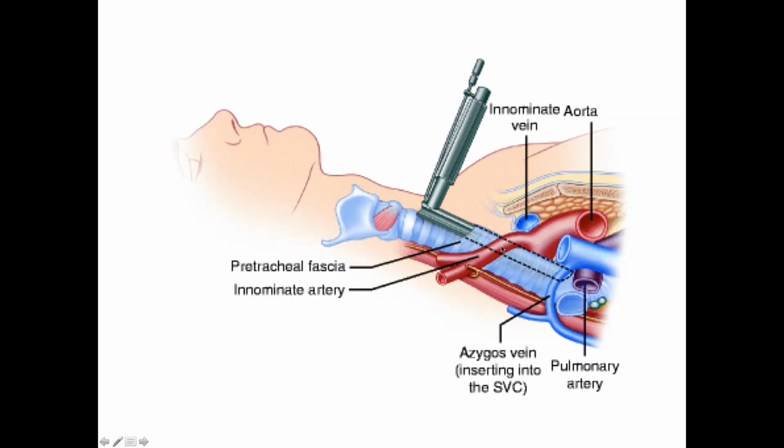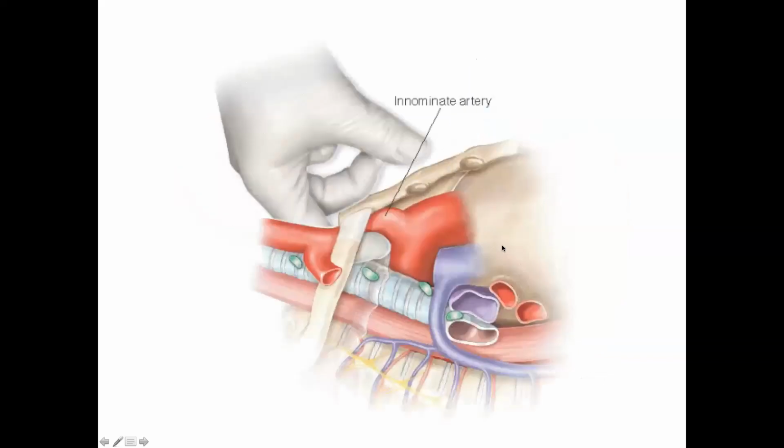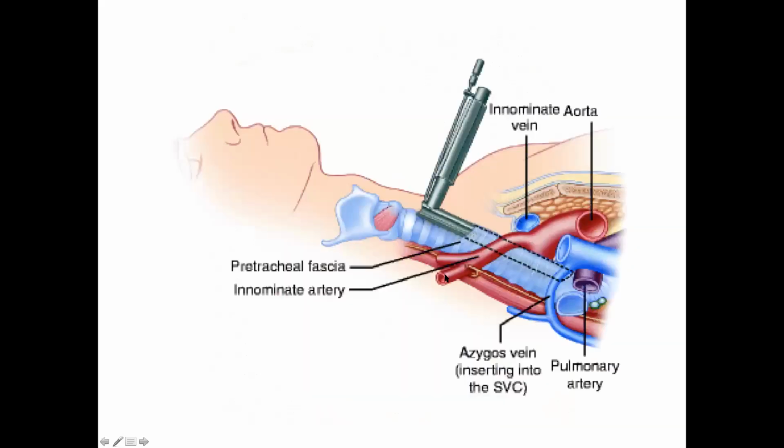So we may see, or indeed be able to feel, the innominate artery. We'll see a few lymph nodes, as we can see on the screen. We will probably be able to see the azygos. We may see the aorta. We may see the pulmonary artery. So these are all important structures, and when we come to think about complications, these are things that we need to